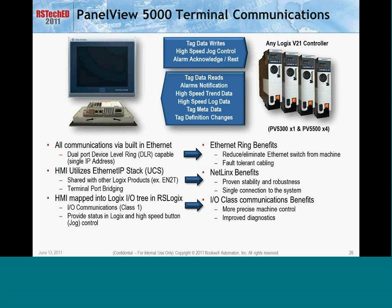But that gives you the ability with the DLR to actually support, essentially setting up systems that don't require an Ethernet switch or provide some fault tolerance, so if a cable were to break, you can keep the communications operating. One of the other things that we're doing is the new PanelView 5000 terminals will have the ability to actually